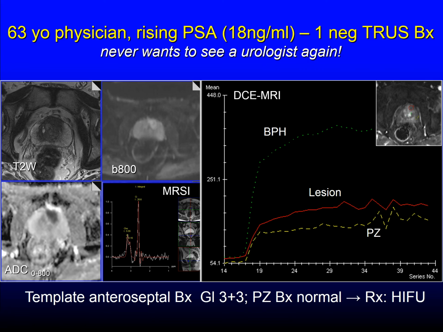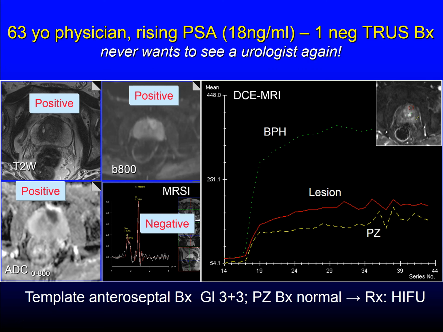His PSA is rising." And we did this multiparametric MRI, and we can see here anteriorly there's a large 2.2 centimeter anterior fibromuscular stromal tumor. That is positive on the T2 image. It's positive on the diffusion sequence. It's negative on the spectroscopy, and this enhancement curve, which corresponds to this ROI, would be classified as negative by